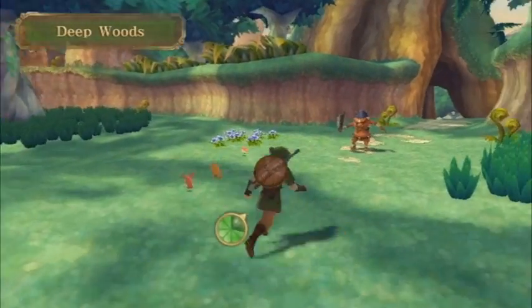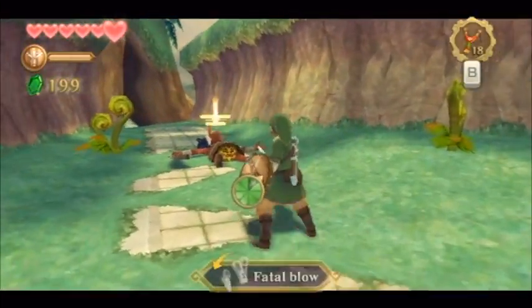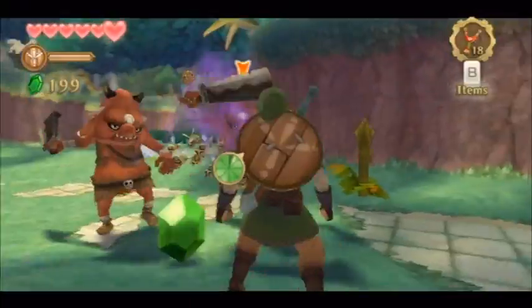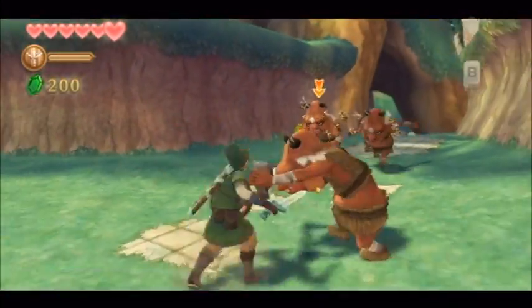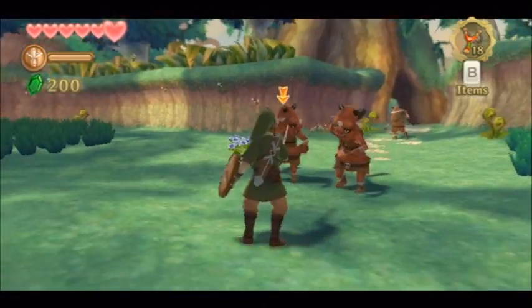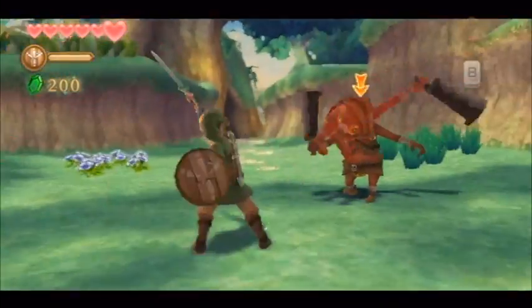So the Deep Woods is pretty much just an extension of the Faron Woods. There's really not much of a difference. There's actually one new enemy of sorts. It's more like a variation, or two new enemies in a way. There are these hornet enemies right here. I forgot about those. And just like in other Zelda games, these bees will just sort of chase after you